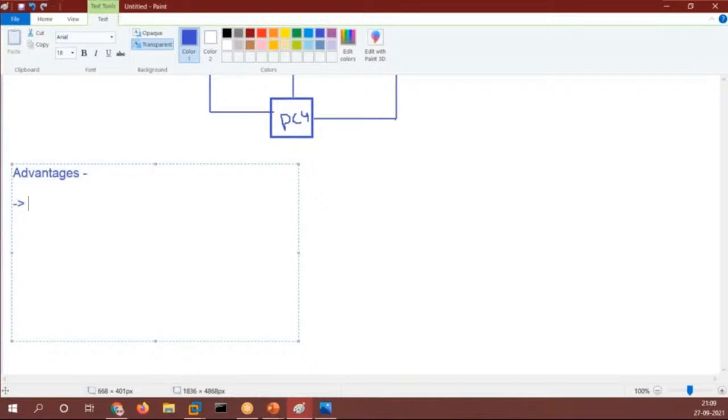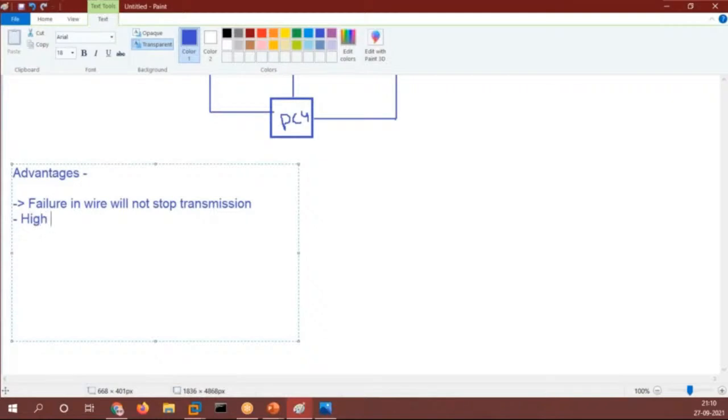Advantages, guys. First, I want advantages, then disadvantages. So, if there is a failure in a wire, the failure in the wire will not stop transmission. It will take some other path, right? Okay.